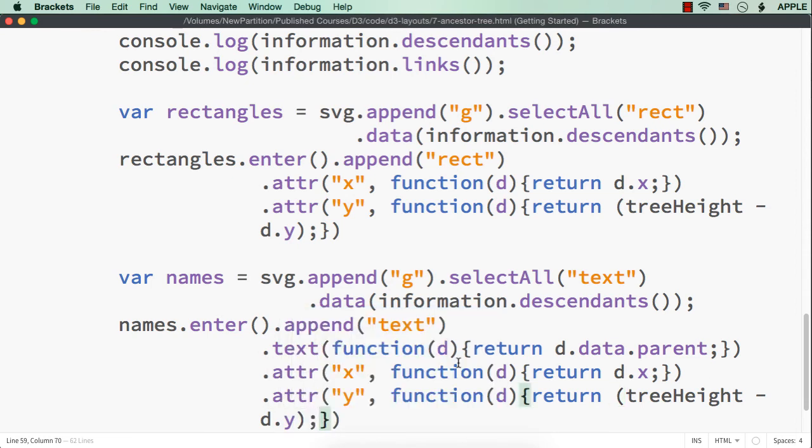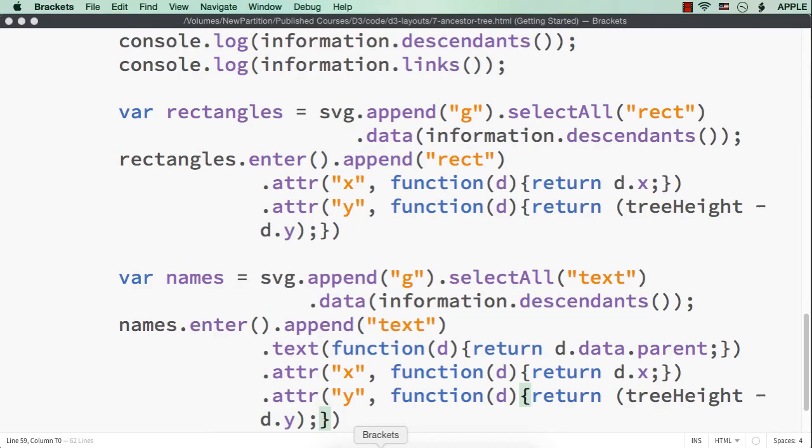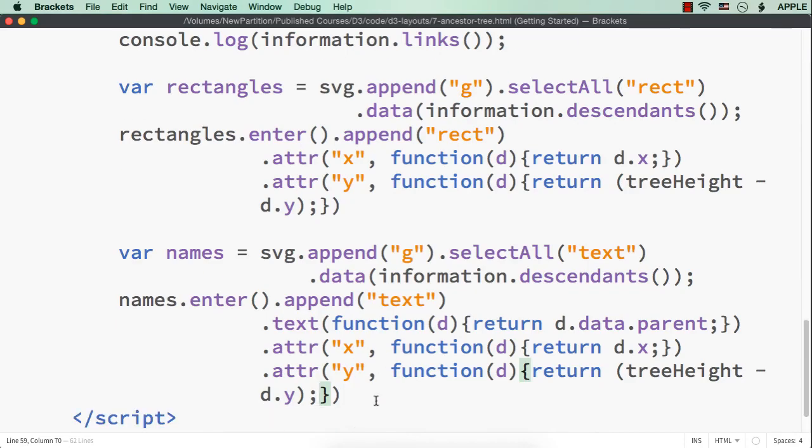Let me save this. See, we are seeing the value from here itself because this is the value of x and y, that is the starting position of the rectangle. From there itself we are able to see the text also. So we need to make some adjustments. Before that, let me increase the size of this text. So what we can do for that, we can add a class name and specify the font size using that class name.